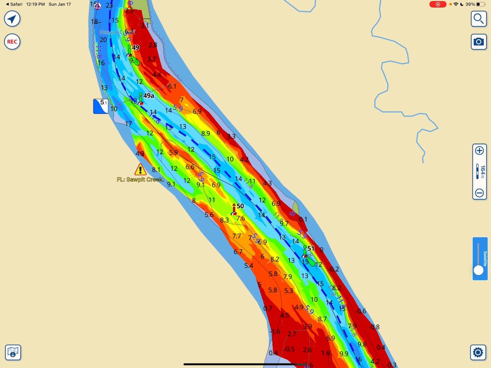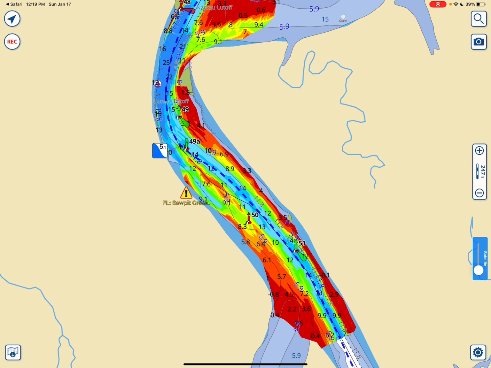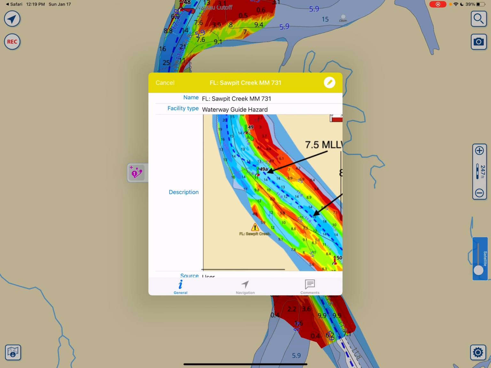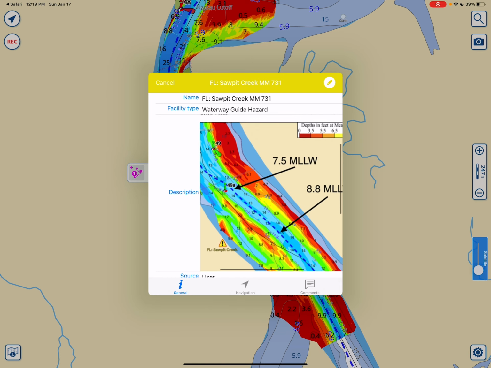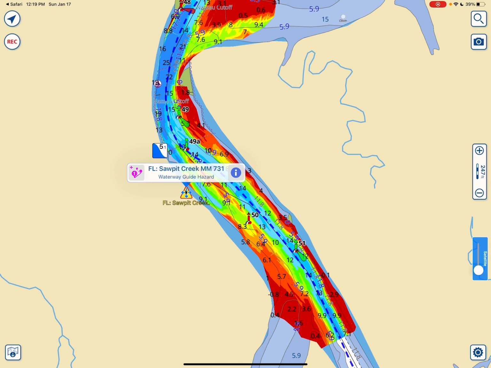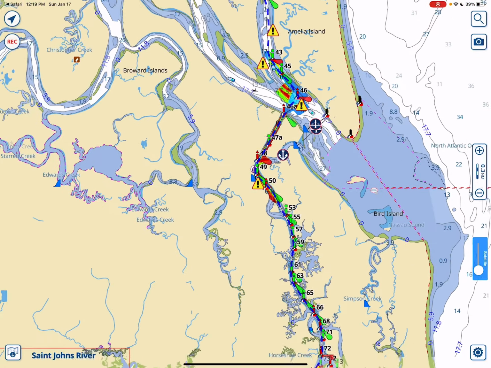And also through Sawpit Creek. All these places have a mark. You hit it, and you'll see just what to expect. What could be easier? Squeeze it, continue onward,